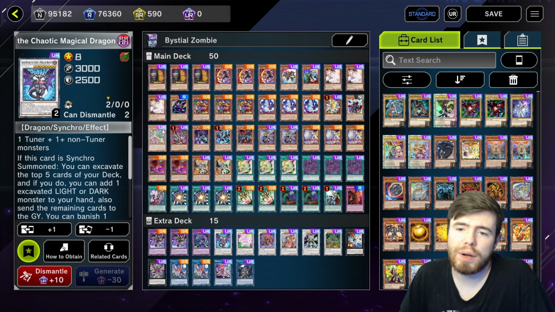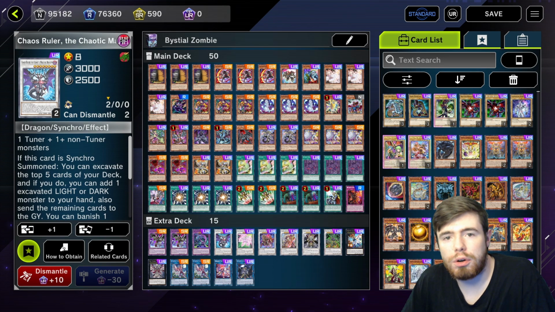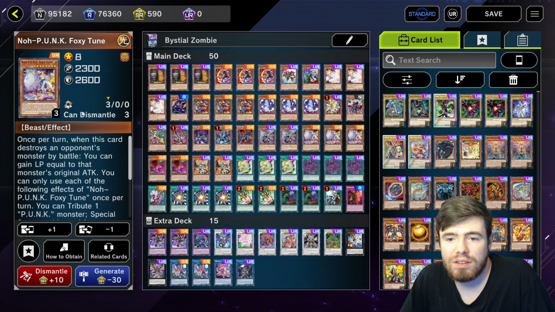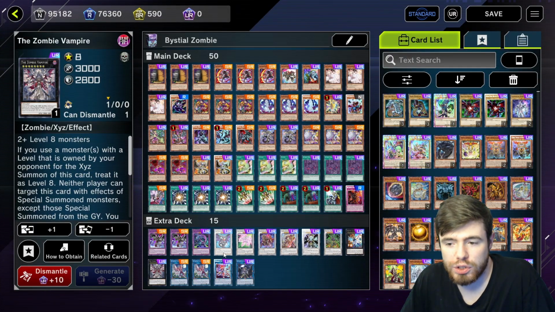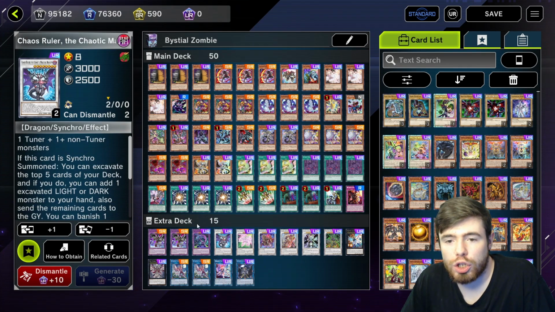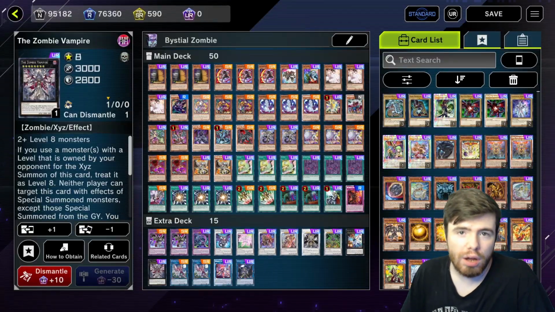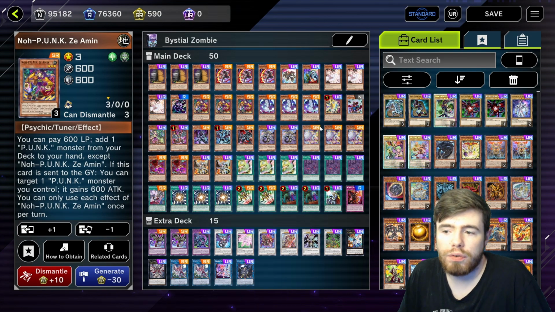And the fun thing about bringing out the Chaos Ruler with the Deer Note is that not only will you bring out the Chaos Ruler, you also get to revive a P.U.N.K monster back from grave, meaning you'll have another level 8 directly on the field, allowing you to go straight into the Zombie Vampire afterwards. So you get mill 5 off of your Chaos Ruler and mill an additional 4 off of your Zombie Vampire. This one allows you to add a card to hand, this one special summons one to the field as well. So you get an absolute ton of extension and your graveyard gets massively filled up all off of this combo,